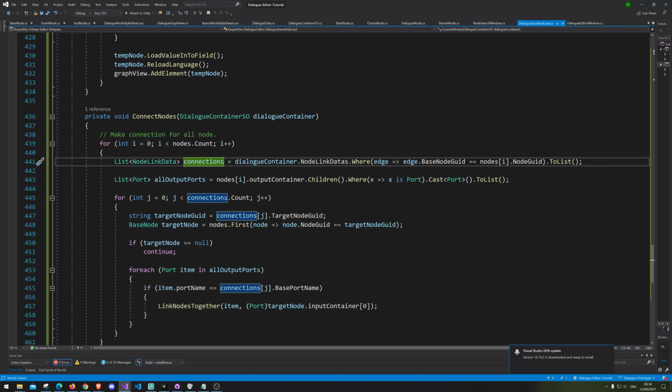After that, we should get all the connections that this node has. Then we want all output nodes. So we're going to go node.outputContainer.children and ports, meaning we will now get all the output ports. And then we're going to go through all of the connections and set the string target node for each connection